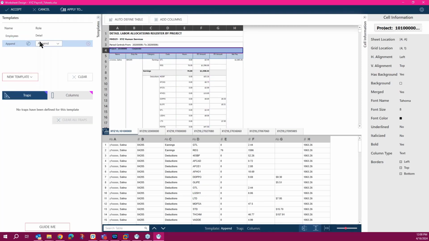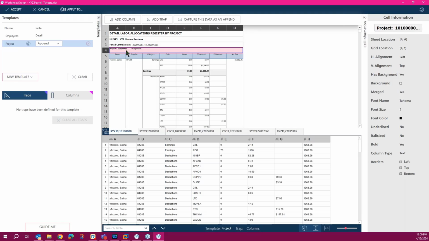So just name this project. I recommend changing the template name so it's easier when you're looking at the templates, especially if you have too many templates, you can tell which data each template is selecting. So I selected my template.